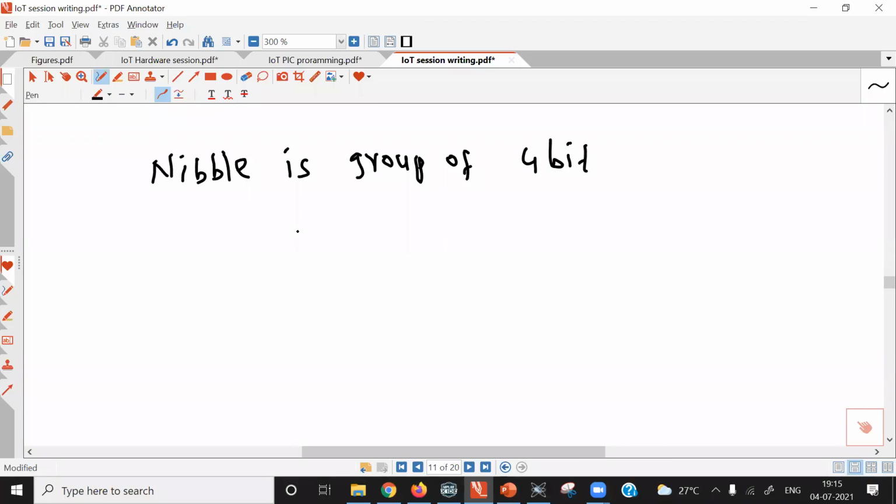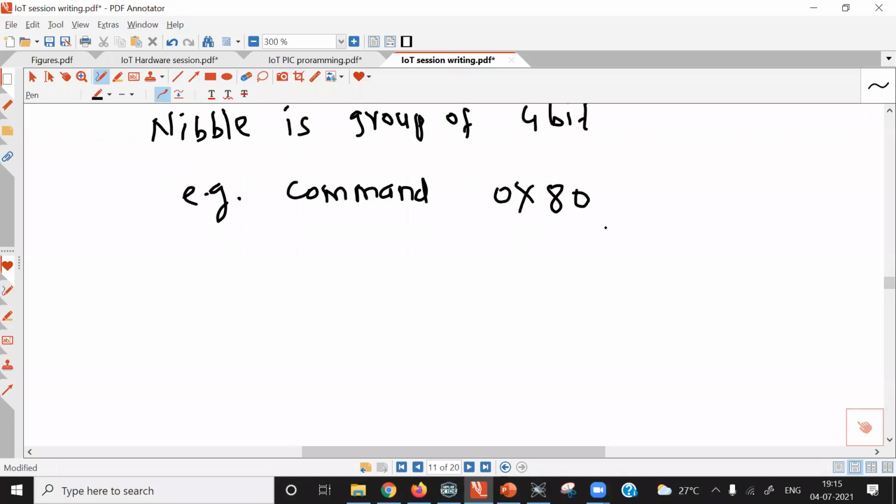For example, suppose the LCD command is 0x80. If I write 0x80 in binary form, this will be 1000 0000.